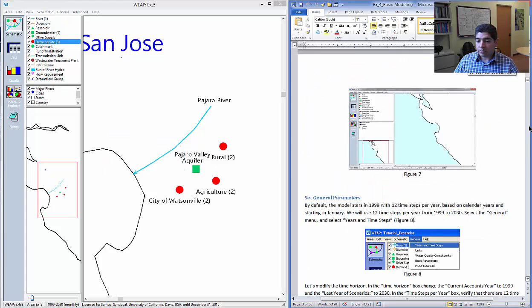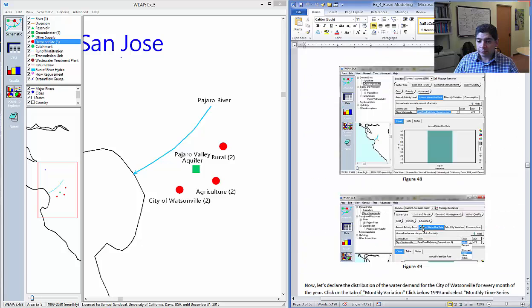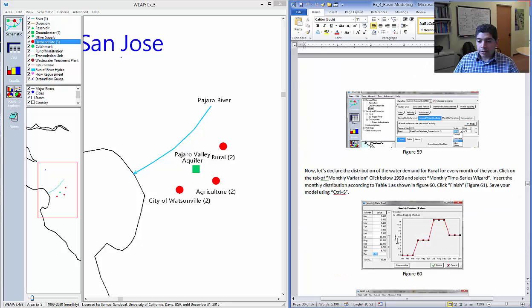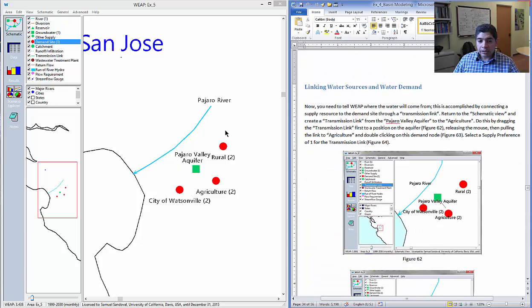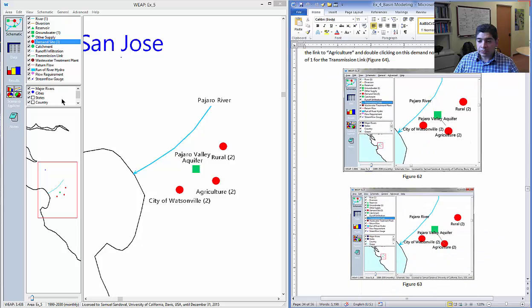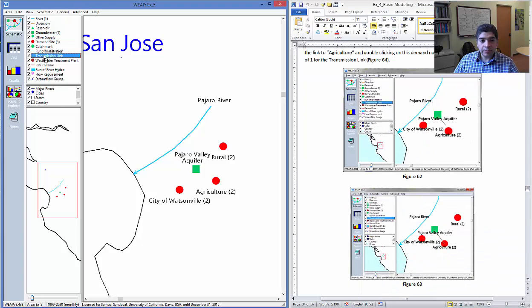Okay, now if we go back here, now we're going to link the water sources with the water demands. How are we going to do this? Well, go here to transmission link, click it and drag it on top of the aquifer. Once you are located on top of the aquifer, release the mouse button, and then let's say in this case double click on top of the center of the agricultural water demand. So double click,